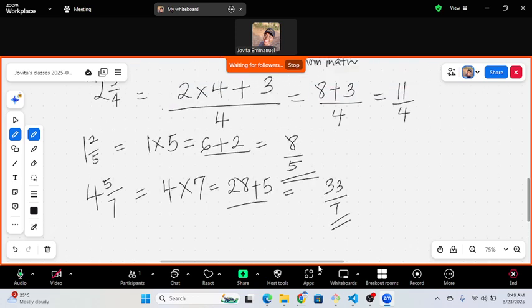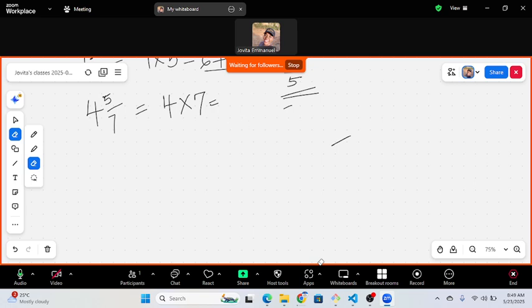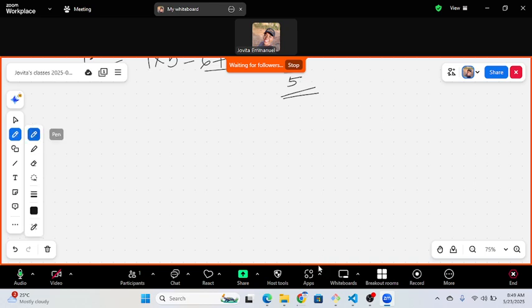Okay, I've shown you now how to convert mixed numbers to improper fractions. Sorry, my board is getting filled up, so I'm going to be erasing some of the things I wrote so we can have more space. All right. So that is that. I'm sure you've been able to understand what I mean by converting mixed numbers to improper fractions. You've got that part, right? Okay. So I'm going to be showing you now